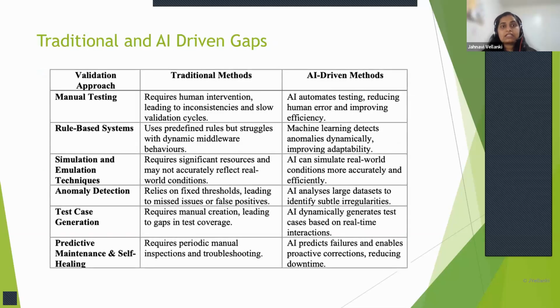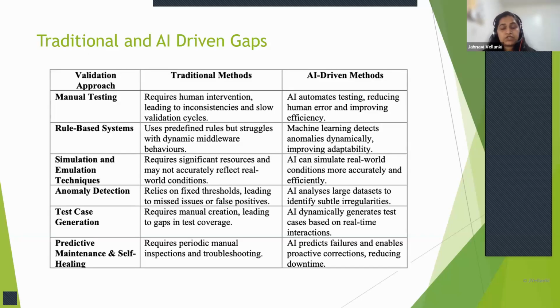Despite the progress, there still remain gaps with both the methods, the traditional methods and AI. Some of the gaps with the AI-driven methods is that real-time integration is still hard at scale. Regulations evolve faster than the models. We recently had the EU put up a regulation around AI, and the US is not far behind. So there are a lot of things that evolve, and we need to train our models based on the guidelines and regulations that are being set up.